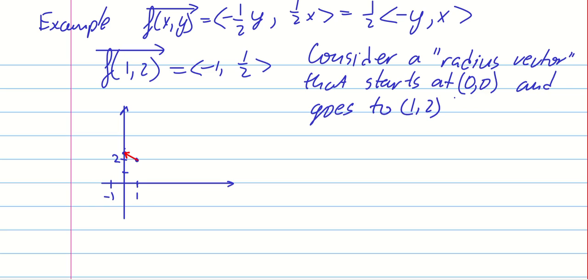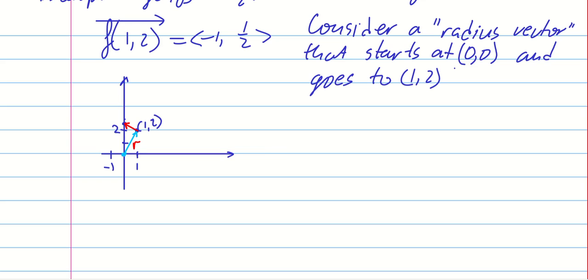So our vector will go from the origin to the starting point over here. So this will be our r vector. All right, and again, this point is marked by 1 and 2. All right, so now we're going to move a little bit forward, and we're going to consider